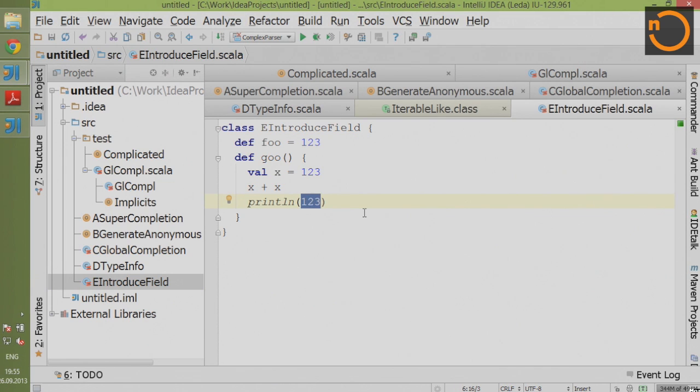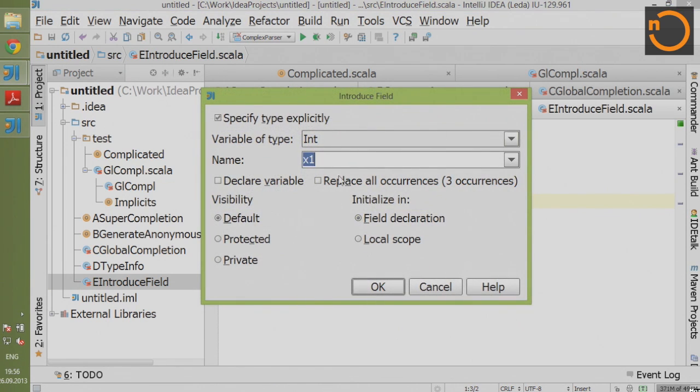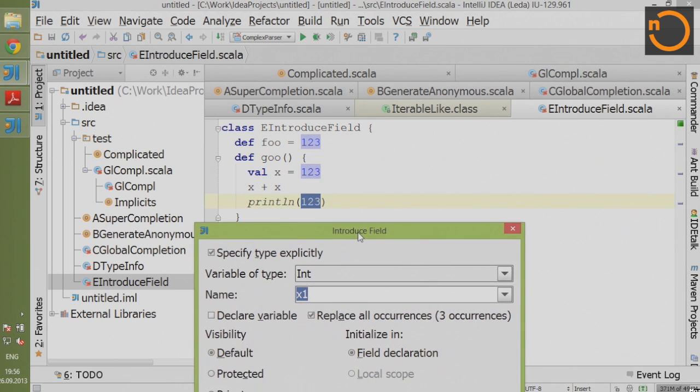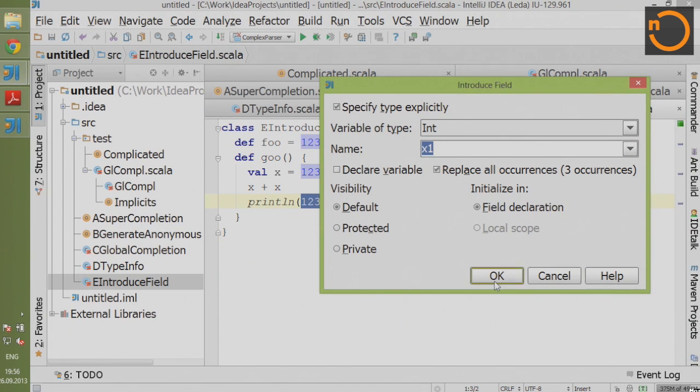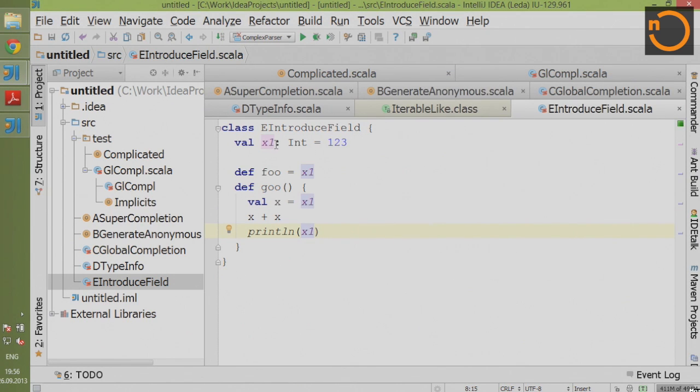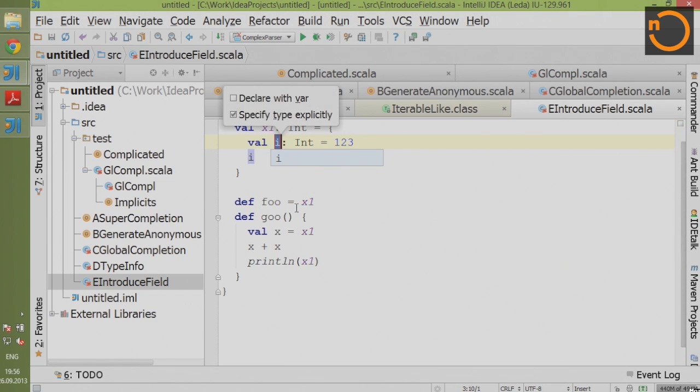Actually, this is quite simple. You can just ask to replace, for example, all occurrences in this class, and just call it. So we can see that we introduced a new field and replaced all places of this expression in this class. So it's similar to introduce variable, but it can introduce at class level. That's why we, for example, changed introduce variable at class level. It also generates